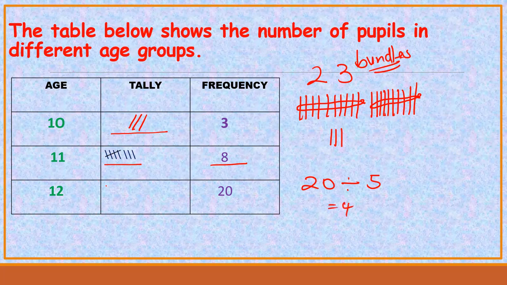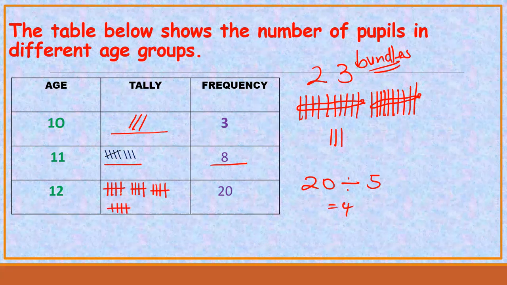So we shall simply have this one as 1, 2, 3, 4, 5. That is the first one. 1, 2, 3, 4, 5. Those ones are 10. 1, 2, 3, 4, the fifth one ties. Those are 15. 1, 2, 3, 4, 5. So these ones here, 5, 5, 5, 5, give me a total of 20. So here I have gotten just 4 groups of 5s.